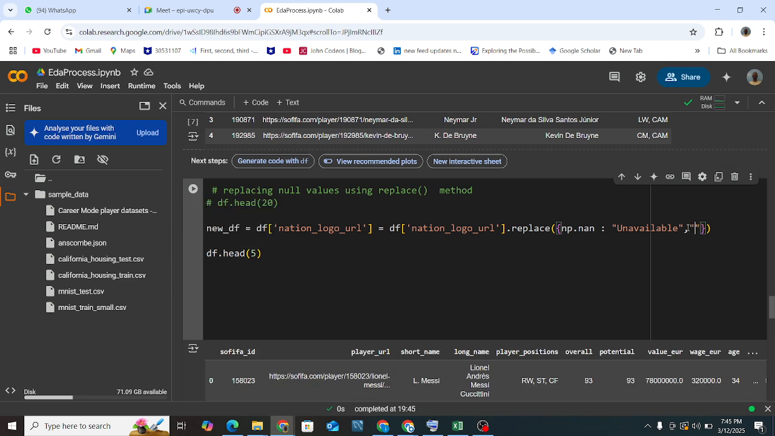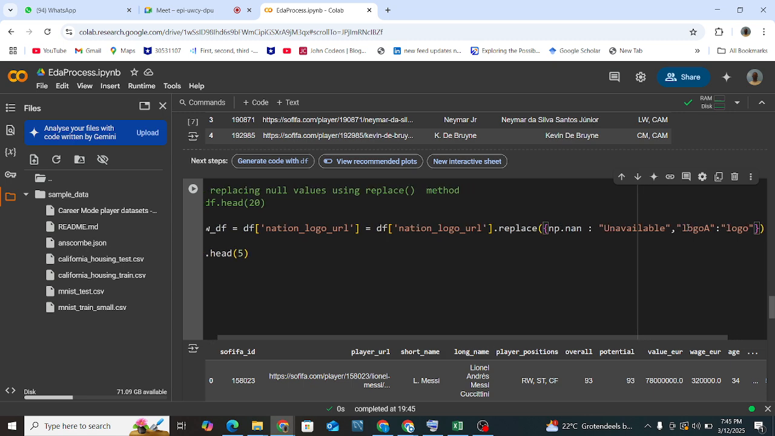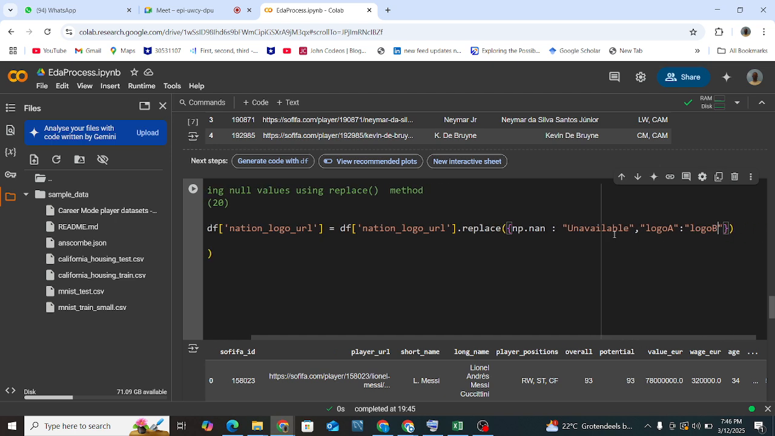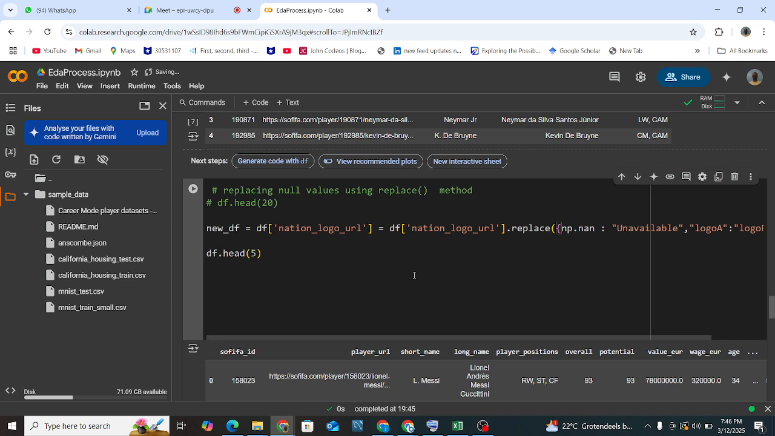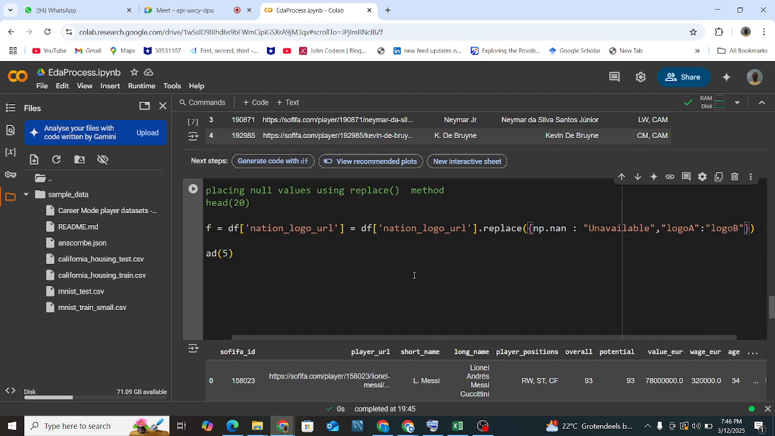Let's say maybe you have one logo here. Maybe you can just call it logo A, and you want this changed to something to do with logo B. So meaning that you can change multiple values in a certain column, and this normally happens in cases where you have a column that you want to have customized values for, so that it is easier